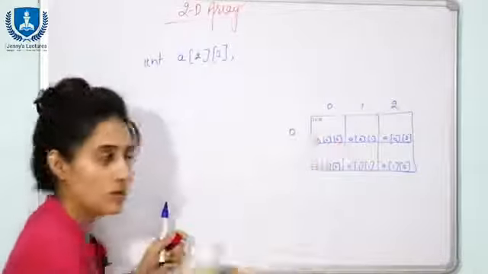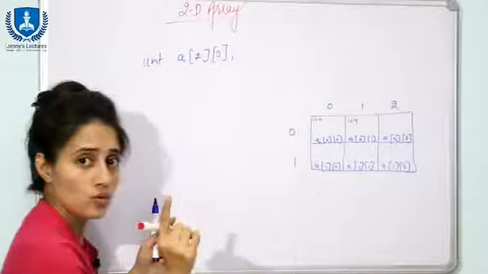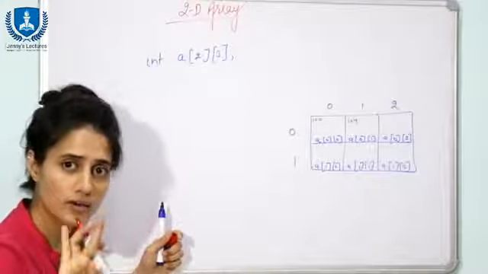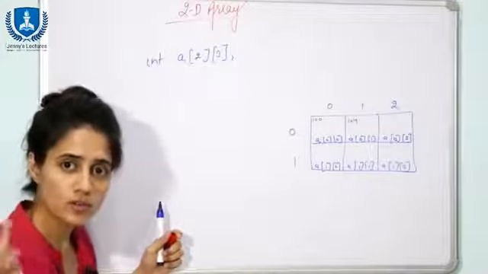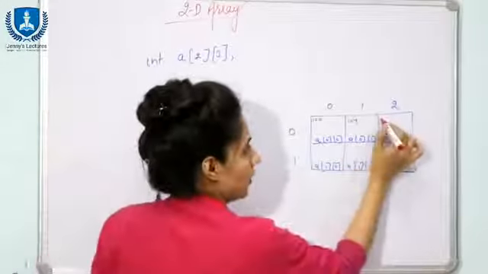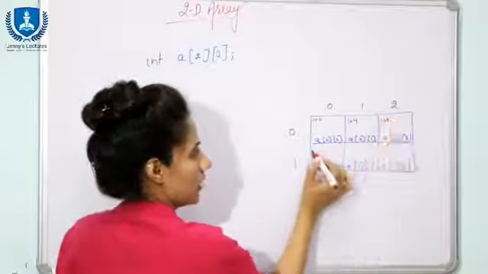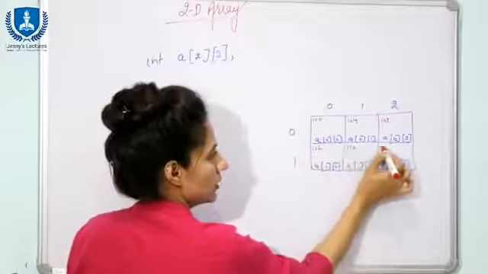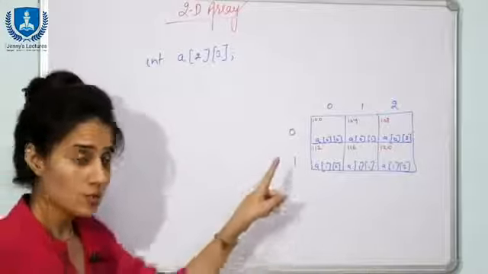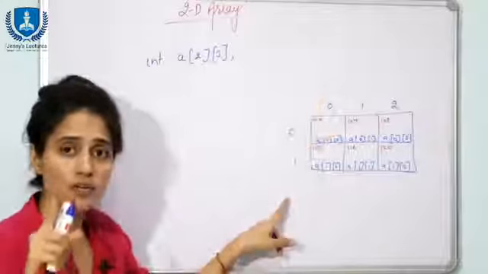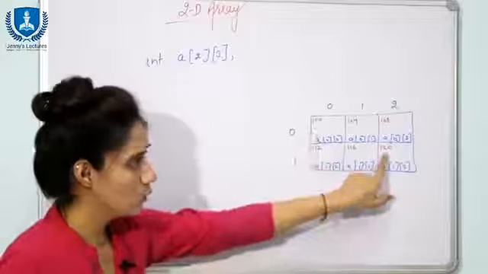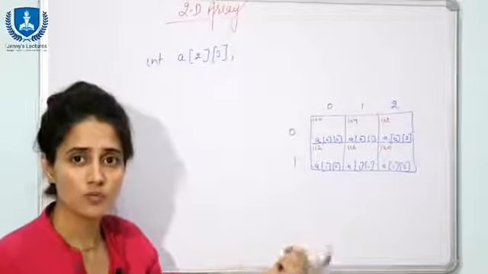For the next element, 104. Why so? Because this value is going to take 4 bytes: 100, 101, 102 and 103. From 104 you can store the next value. Here this address is 108, then 112, then 116 and then 120. See, I have discussed the total size. How many bytes would be allocated in total? 24 bytes. So please don't get confused that from 100 to 120 that is only 20 bytes. Where is 24 bytes?